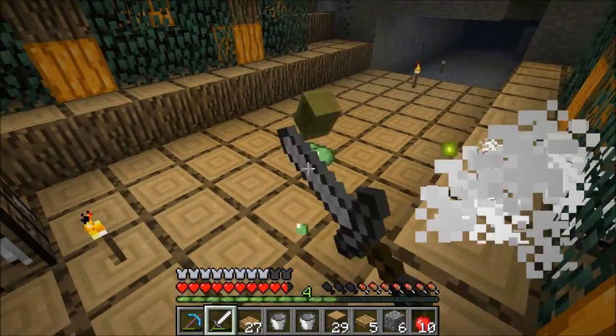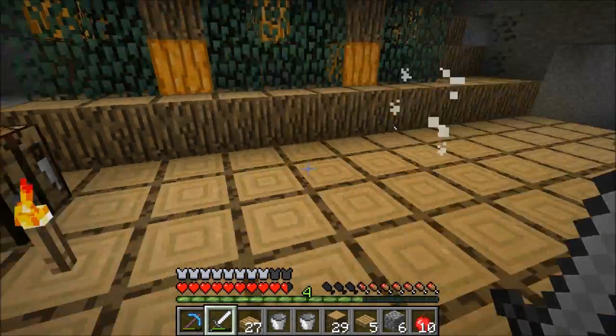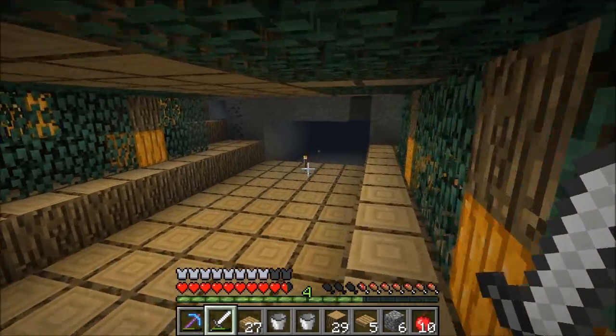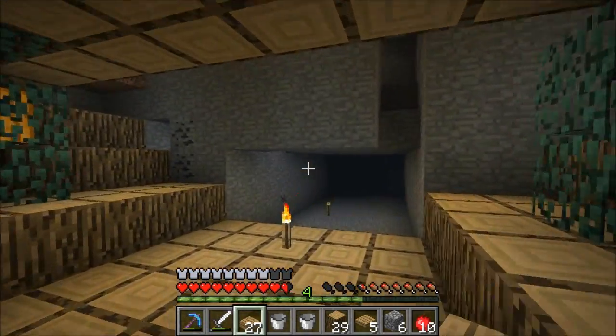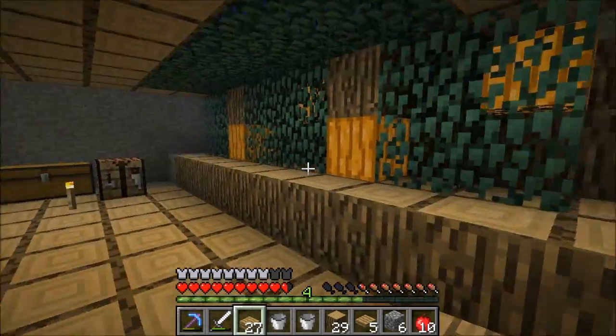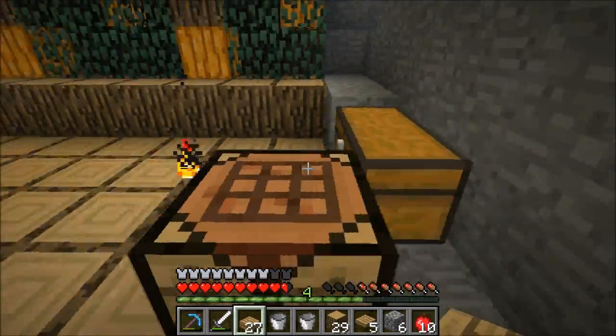There we go. Yeah, slimes seem to spawn like crazy in my world. I have about 6 or 7 stacks of slime balls and I haven't even made a farm yet, so I'm pretty lucky with that. Anyway, down the bottom here we are going to have a different type of transport,